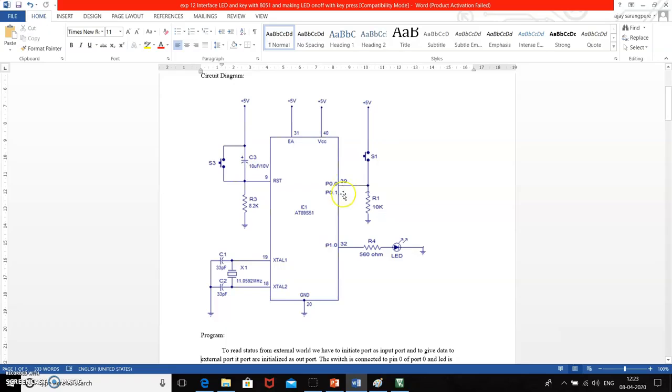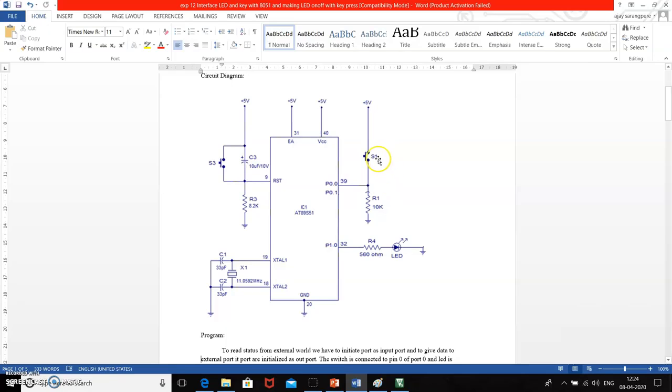At this instant, we have to blink the LED continuously. Whenever the switch is not pressed, logic 0 will appear at pin 0 of port 0. At this instant, this LED will remain in its previous state. It may be in off condition or it may be in on condition.